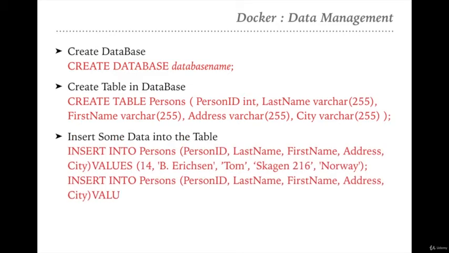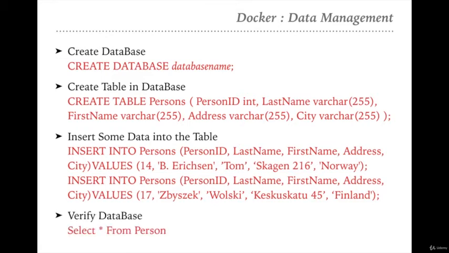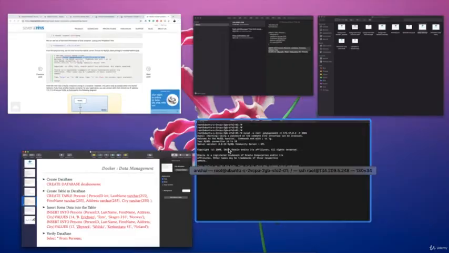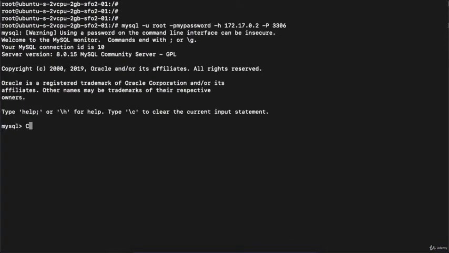After this, we will insert the data in this particular table. We will insert 2 rows. And after this, we will verify the persons table. So these are the commands we need to execute on this database. First we will create the database with the command create database and the database name, suppose testdb. Hit enter. So you can see Query OK, 1 row affected.